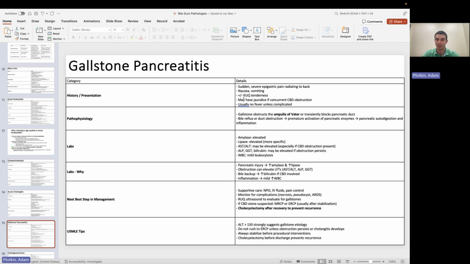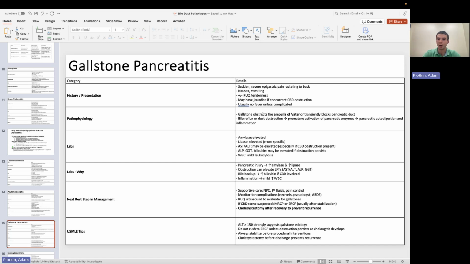We get nausea, vomiting. Maybe we have some right upper quadrant pain. They may have jaundice if we have CBD obstruction. Usually no fever unless it becomes complicated. Again, the pathophysiology, we've talked about this, but the gallstone obstructs the ampulla of Vater, or it transiently blocks the